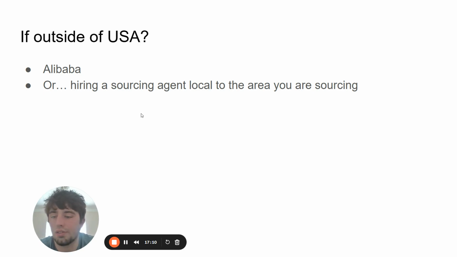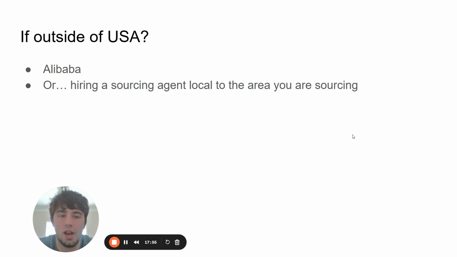So if you want the best prices and the best payment terms, which is a pretty important thing, you want to go direct to the manufacturer and not deal with a middleman. One way to do that is to hire a sourcing agent in the country or area that you are sourcing from. They need to speak your language and also the local language that the manufacturers use. They need to be fluent in both, and ideally be able to visit that place in person to communicate with them.